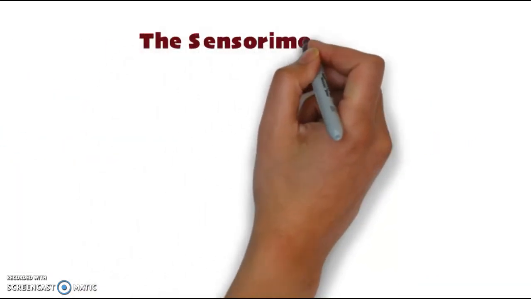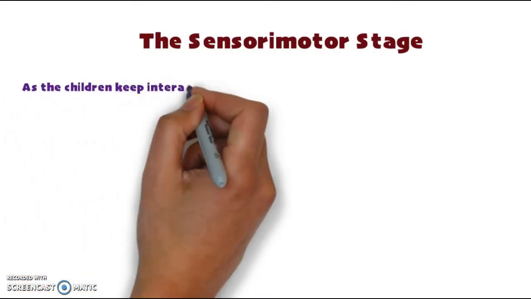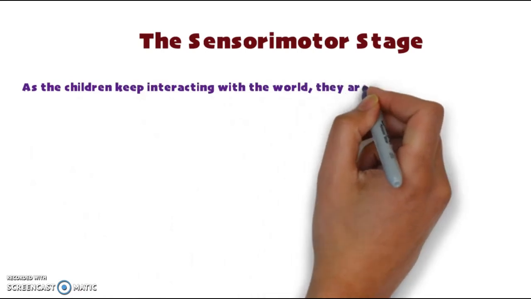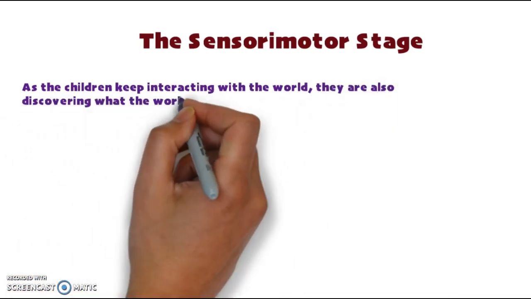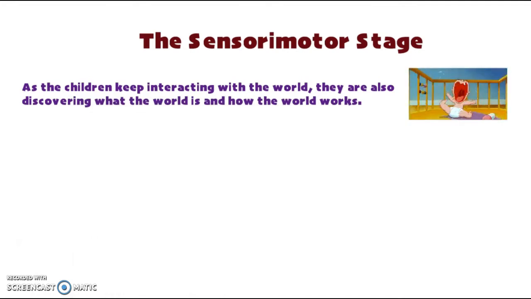According to Cherry 2018, as the children are growing, they keep interacting with the world, and that's how they continually learn more about how the world works and what the world is. And meanwhile, they start to realize that their behaviors can actually make things happen in the world around them, and thus infants learn the consequences of action. For example, babies will cry if they feel hungry or want to sleep even though they cannot talk. But they know that if they cry, their parents will come and take care of them.